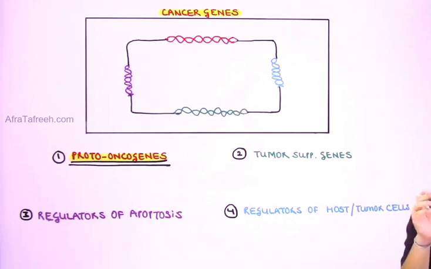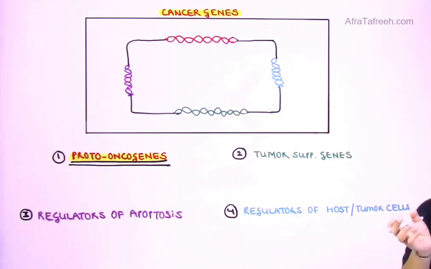Now, you can just remember that with the help of a simple corollary that I can share with you. In our routine lives, we are driving, let's say, a vehicle. And let me say we are talking about a vehicle which has the brakes as well as an accelerator. So proto-oncogenes will behave in the same fashion just like an accelerator of a car. If the accelerator becomes overactive, the car would run faster. Similarly, if the proto-oncogene gets activated, gain of function mutation, the cell is going to replicate fast.